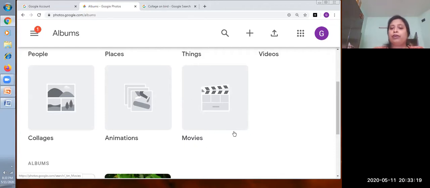For movies, we can create movies using many photographs, and not only photographs, we can embed music as well. So by giving the music and the photographs, we can create movies. And those movies we will find in the movies folder.